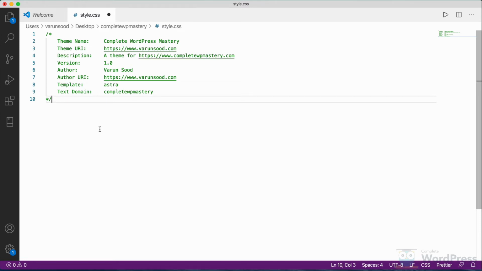We have commented out the text using a multi-line comment, so this will not interfere with the CSS rules. This is only meant to give WordPress some information about our theme. Of all these details, only two are required, and the rest are optional. The required components are theme name and template. Theme name is self-explanatory. Template is the name of the parent theme directory.